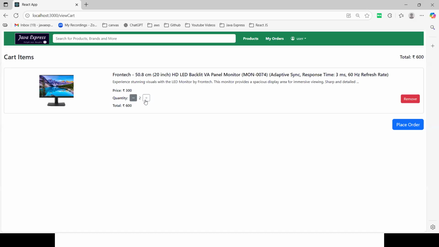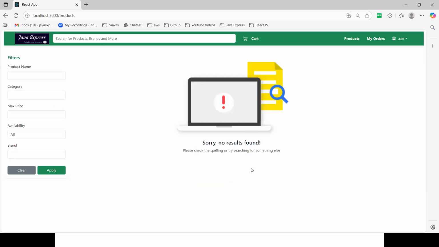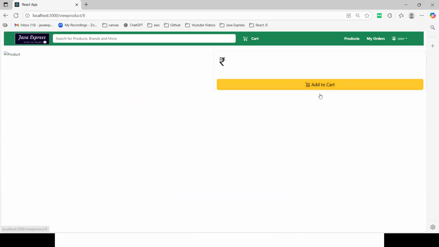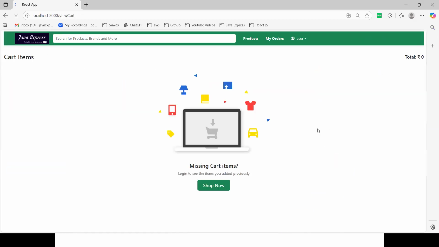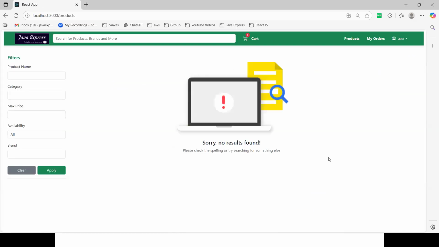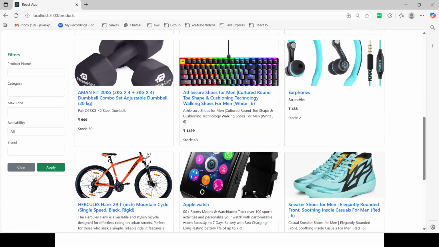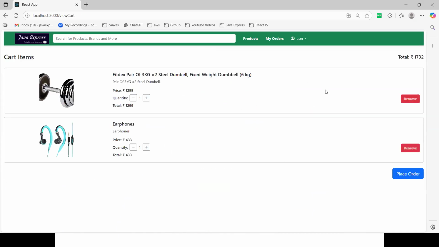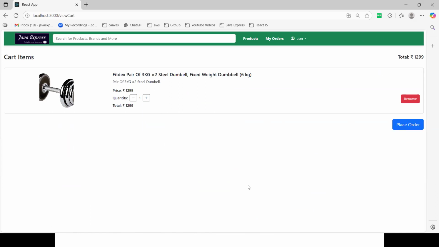Now you can update, you can delete, and you can remove the items, and perform all the operations as a user. You can add multiple products also. Click on the earphones, add to the cart, and I can see multiple products. Now you can remove from the cart also. Till here, this is cart functionality.